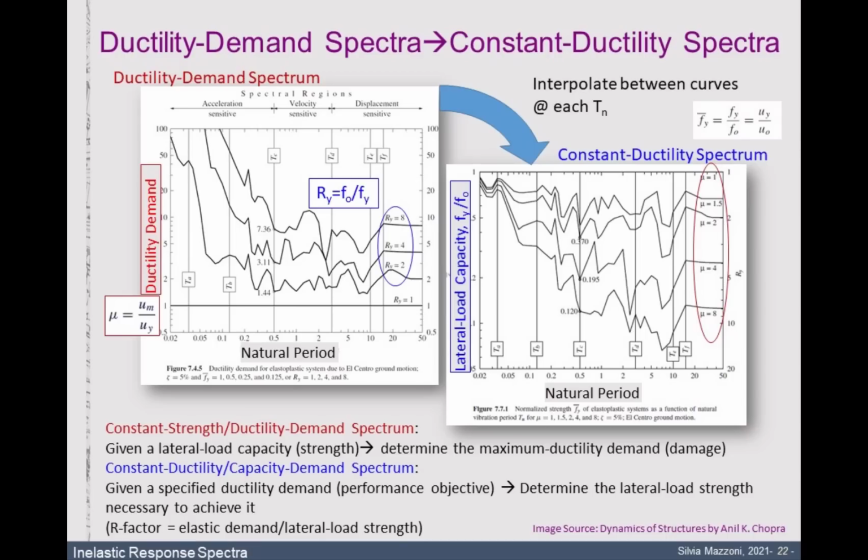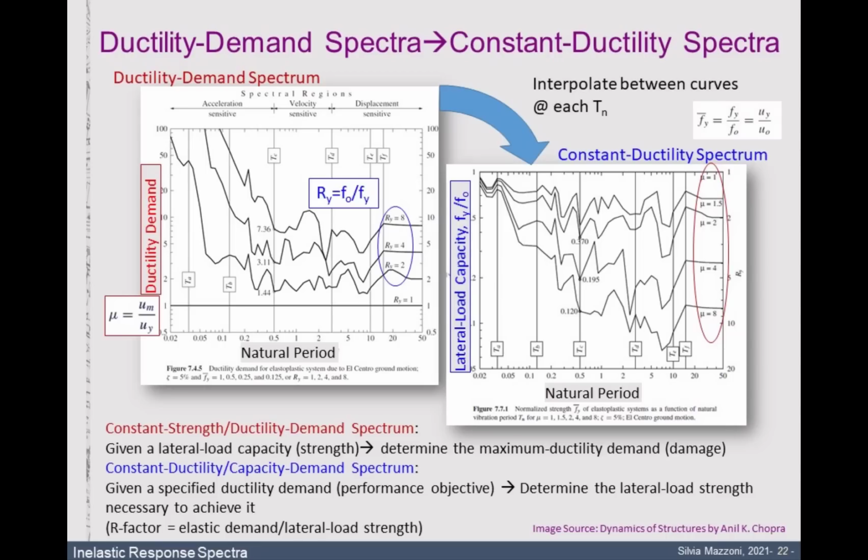And therefore, what this constant ductility spectrum tells you, and it's pretty much an interpolation of these curves moved over, so this is just data processing, as were all these other, it's still one analysis, and it really depends on how you process the output, is I'm going to tell you, hey, I want to design my structure to reach a ductility demand of 4, because that's a good place to be. And it has a period of maybe 3 seconds. Well, you go here, you take your curve, you look at your period, and you find out, okay, I have to define my